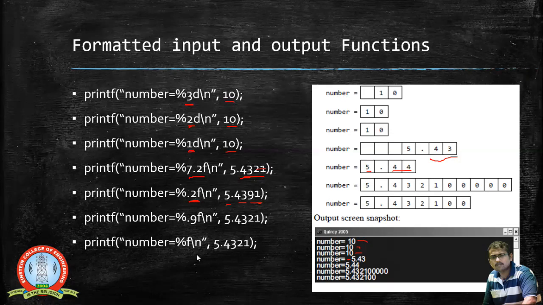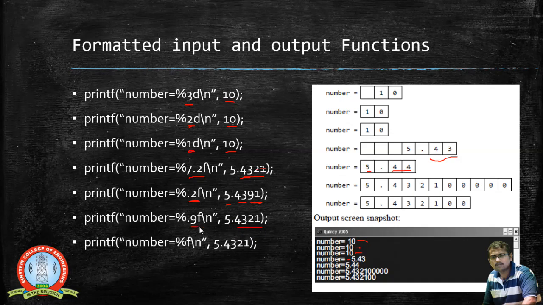Similarly, in the next printf statement, after the decimal point we are going to print 9 digits, but actually we have only 4 digits after the decimal point.